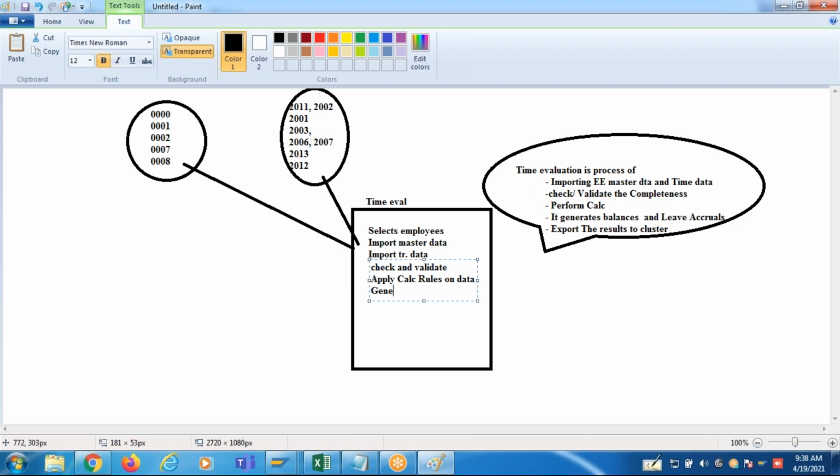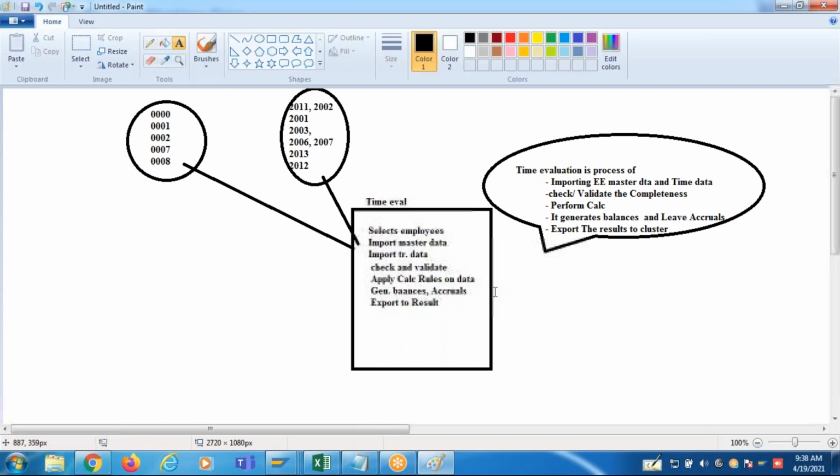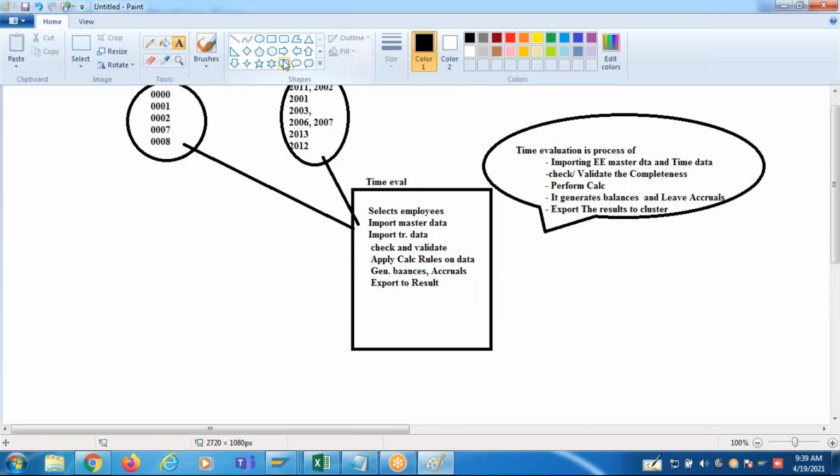It generates the balances and the accruals, and exports the results. In the last step, it exports to the results, so then the time cluster gets generated. So this will export the results to the cluster.